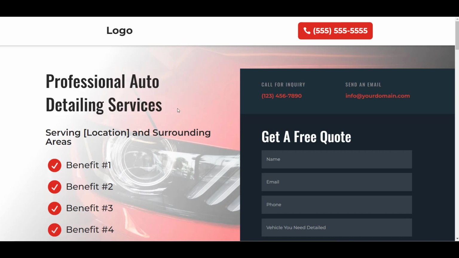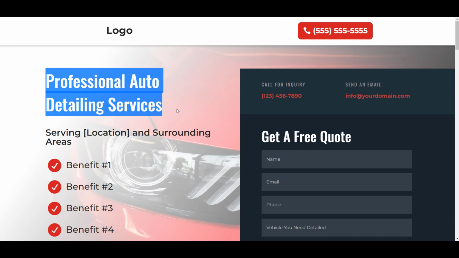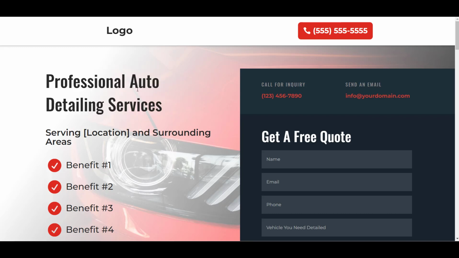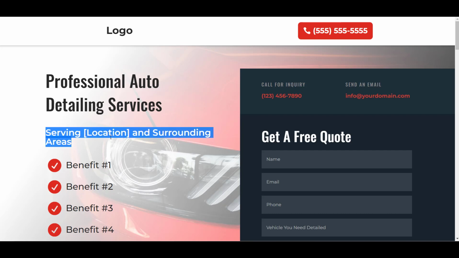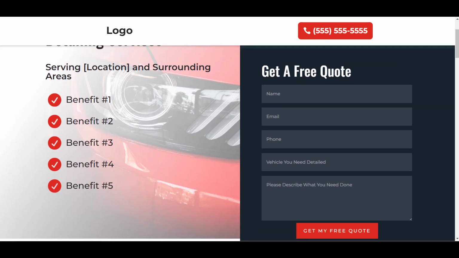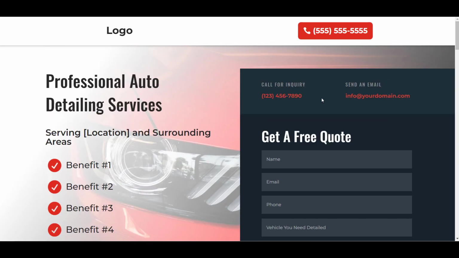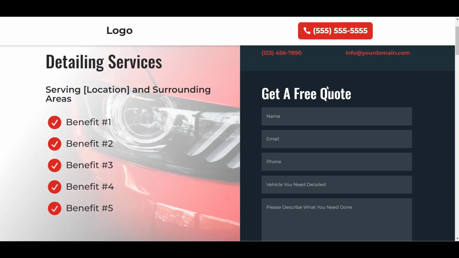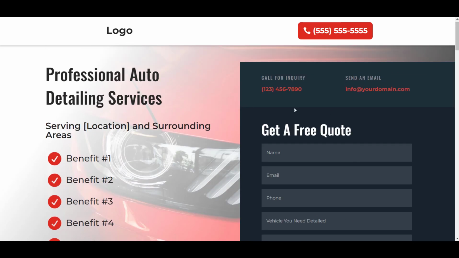The headline on the page, you really want to have it speak to what they were searching for. So you want to just say something as simple as, hey, professional auto detailing services, or auto detailing services in this location, or mobile auto detailing services if you're mobile. And then I usually might have something about serving the location, and then I'll just have some benefit points. This design is very landing page 101. It's, hey, you have a headline, a sub-headline, a few benefit points about you, and then a way to get in